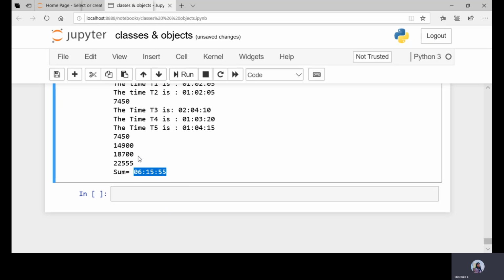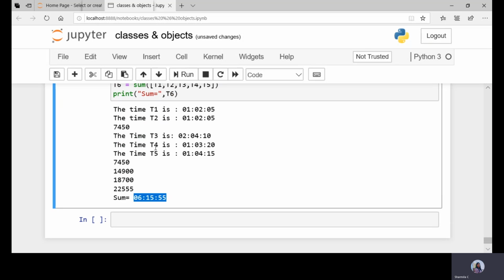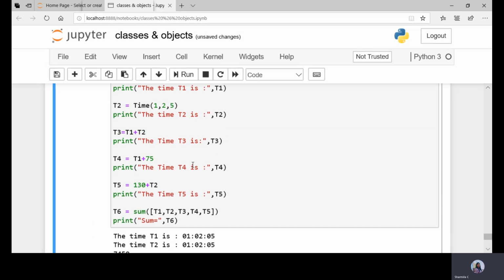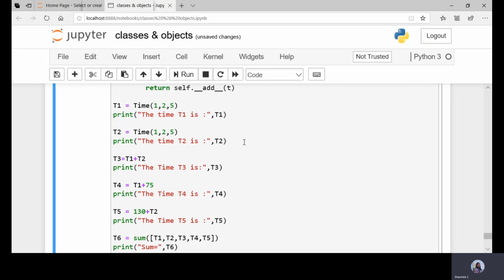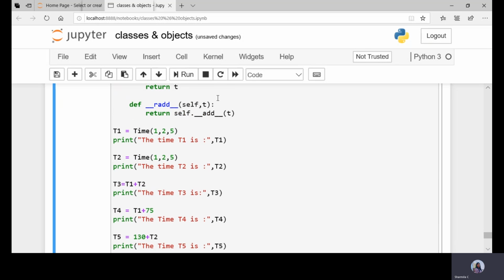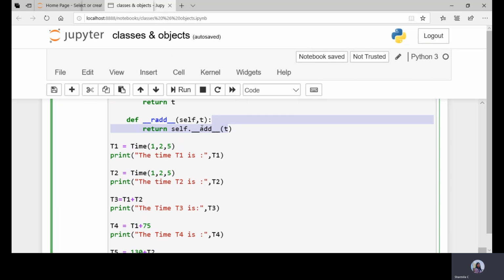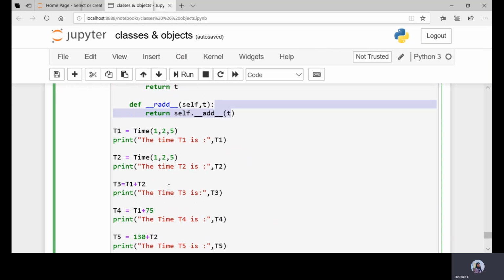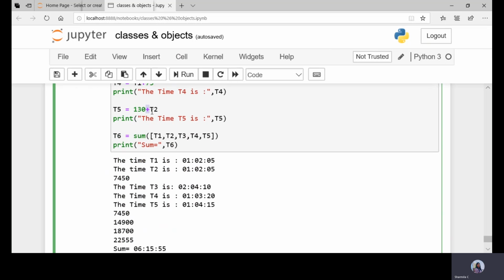So when we see this particular program, it depicts many features of object-oriented programming concepts. The first concept is function overloading, where we are doing the function overloading here, and operator overloading with respect to the plus operator.